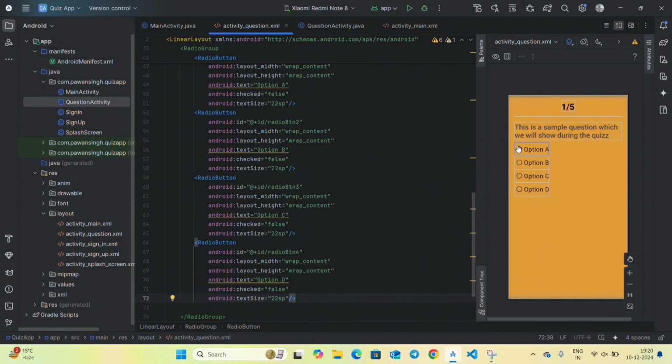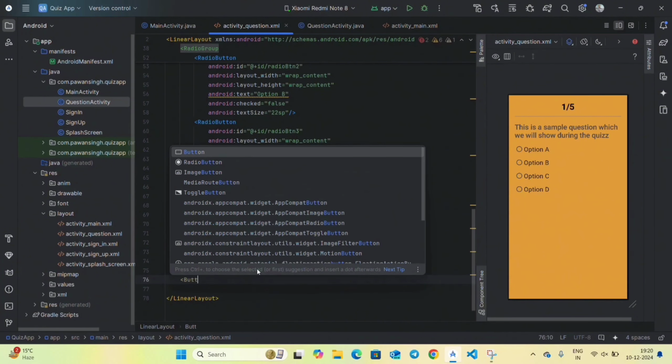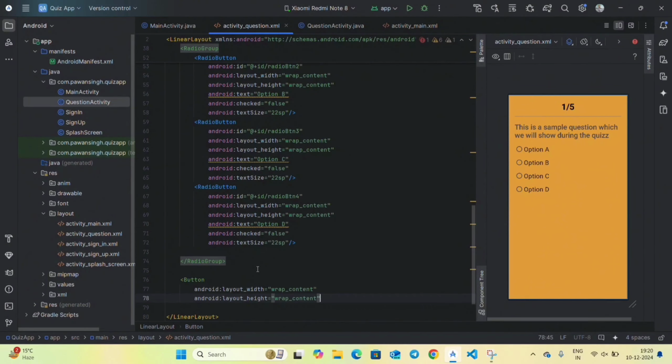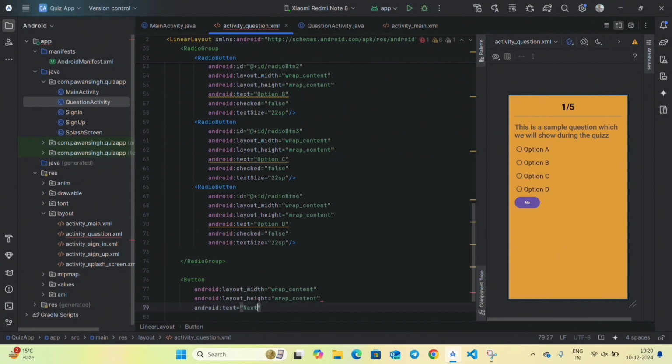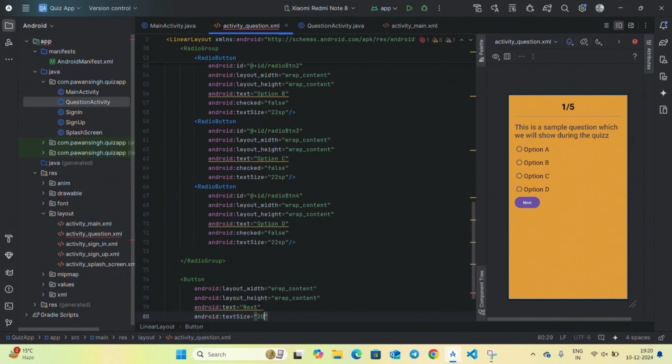So now we want 2 buttons. If the user wants to skip the test, he can skip the test, and if the user clicks on any option and clicks on the save button, he will be moved to the next question. So for this, let's create a button and write here wrap content, and make it also wrap content, and inside its text write here next, and give it a text size of 20 SP,